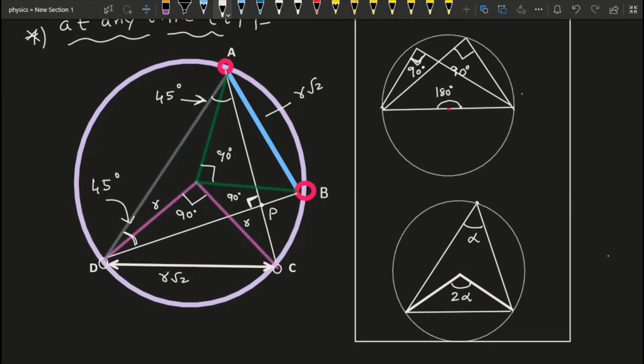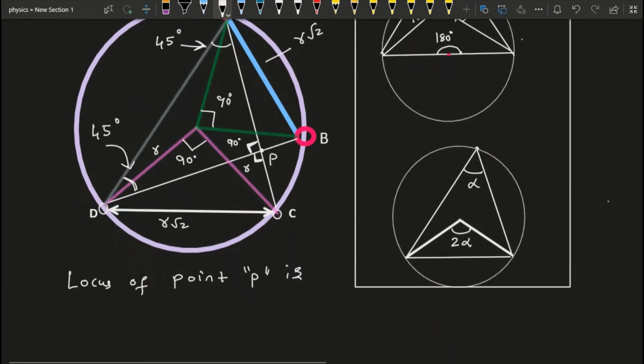So here you can clearly see A, P, C are collinear. So this angle is also 90 degrees, because if you consider this APC collinearity, the total angle is 180 degrees. So this must be 90 degrees. So you can see DPC is always 90 degrees. If DPC is always 90 degrees, then the locus of point P is a circle